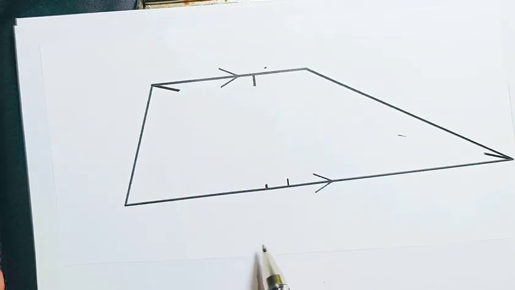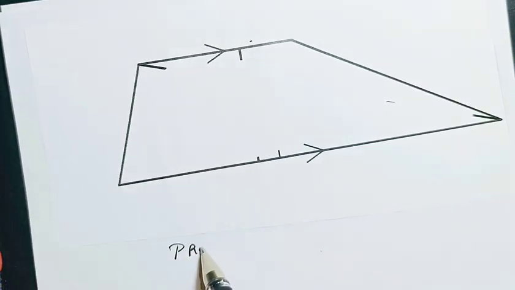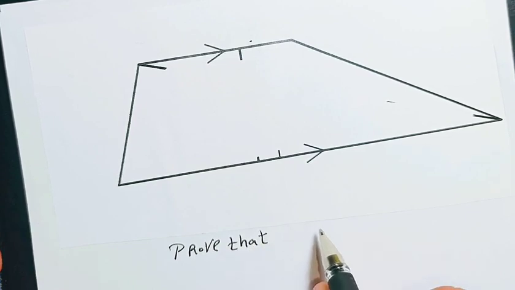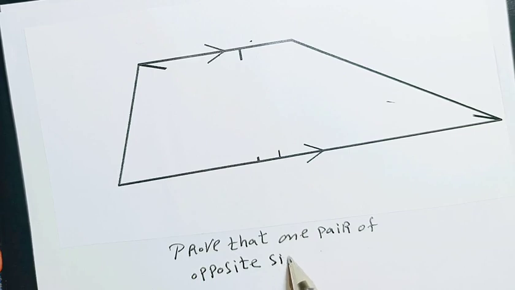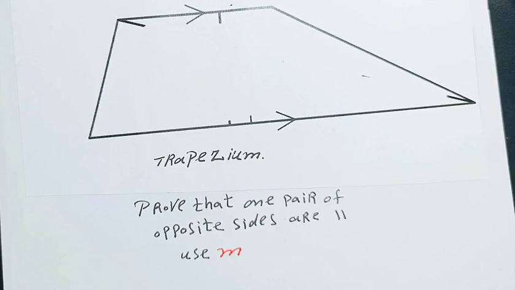Let me write down for you. Prove that one pair of opposite sides are parallel. So I'm going to use the gradient formula to prove a trapezium: one pair of opposite sides are